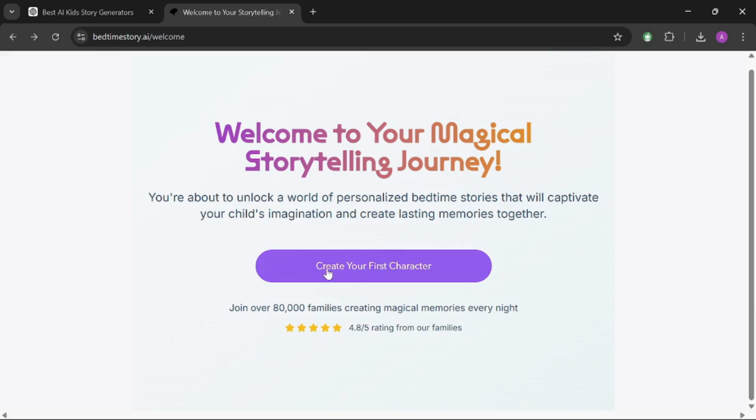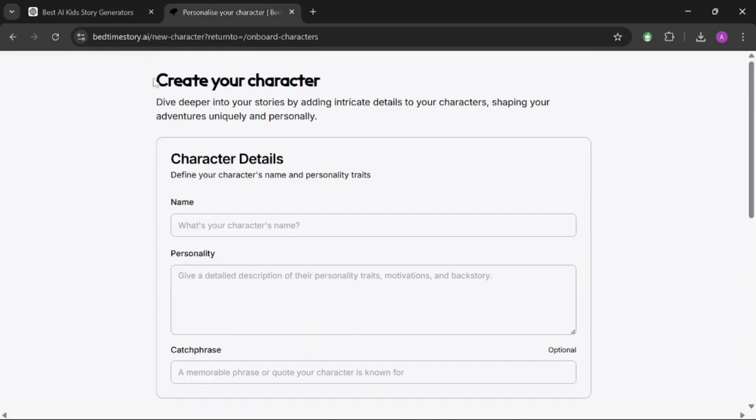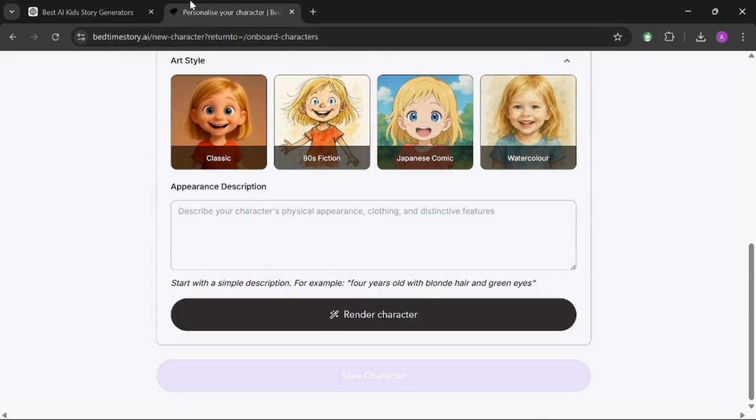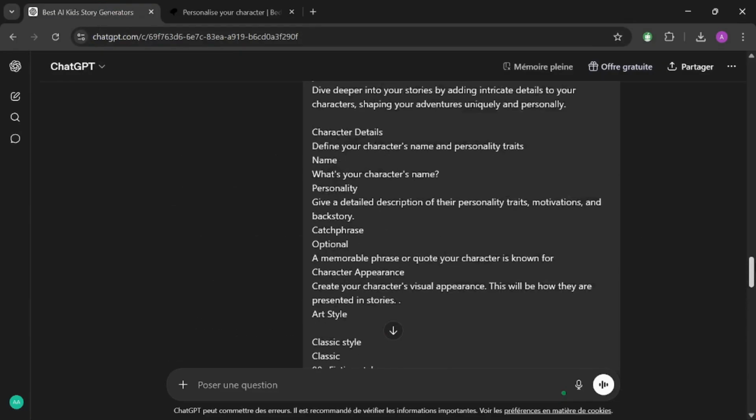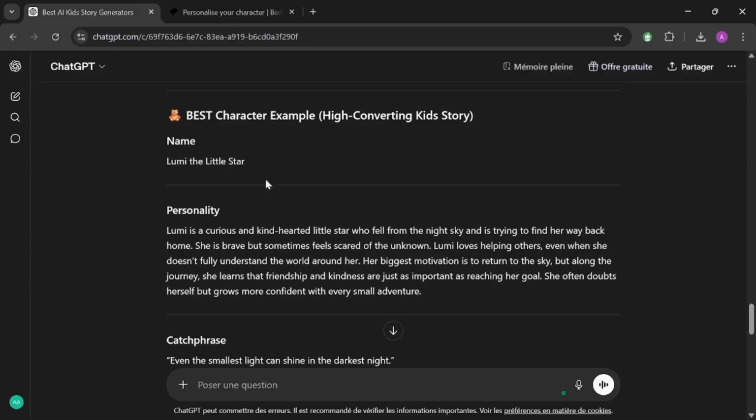Hi everyone, today I try to create a full story with AI for kids. Now just here type the name of a story and description. Let's copy all this and go to ChatGPT and paste it, and ChatGPT will give me the title and prompt